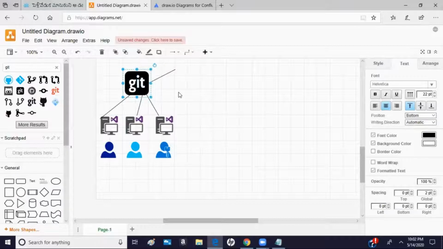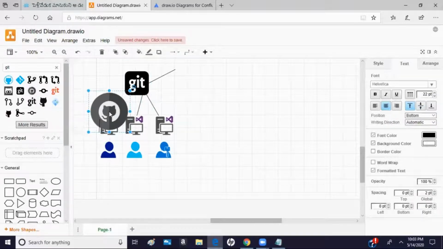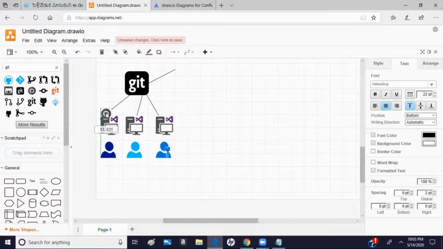Then at the local level, on every PC where they have .NET code installed, you create a local Git repository. On each desktop, you install a Git tool, and from this Git tool the developer will push the code to GitHub.